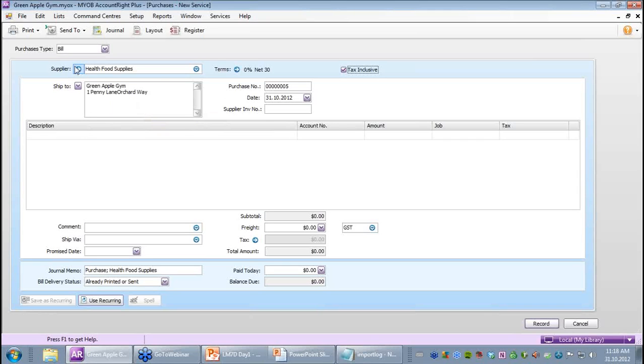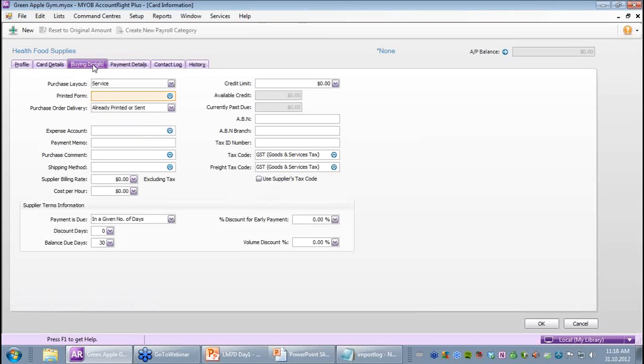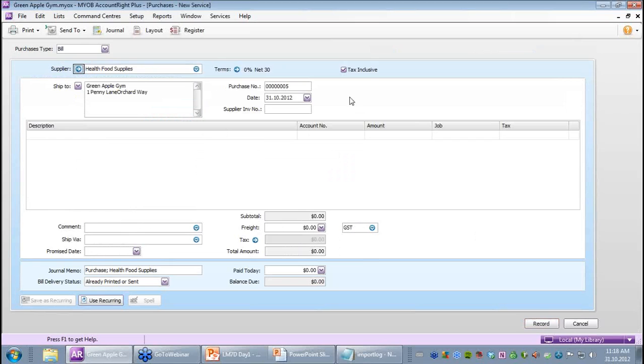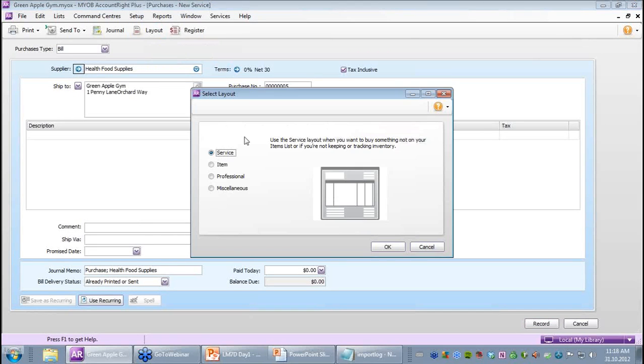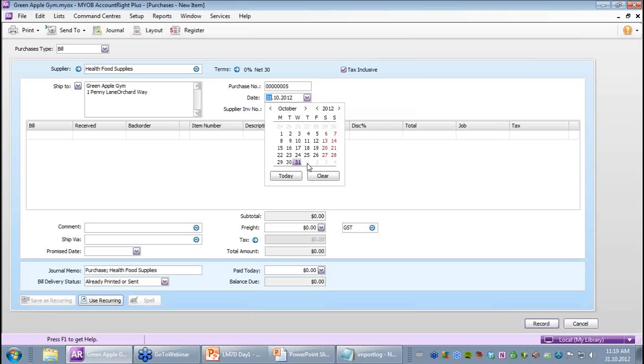So what I'm going to do is I'm going to click here on the zoom arrow, and I'm going to click here on Buying Details and select that as item. Oops-a-daisy, sorry. Select that as item, and I'm going to click OK. But it won't actually change anything here. It will next time, but this time it didn't. So I'm going to select Layout and select Item, OK, and in future it will change it to Item. The date is the 1st of November,